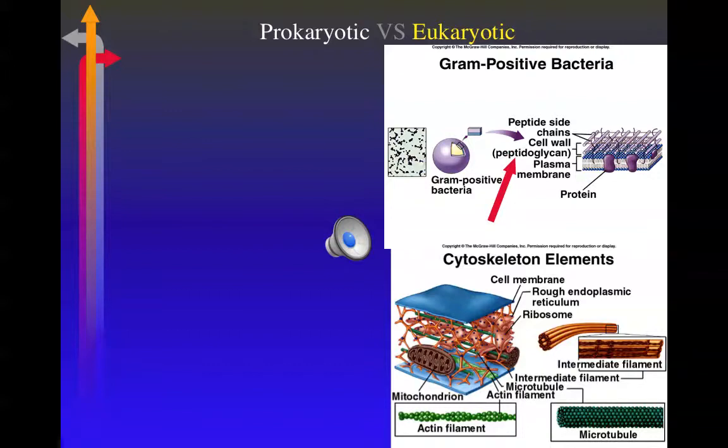If we take a look at the cell wall material, again, just as a reminder, the cell wall material of a prokaryote is either peptidoglycan or pseudopeptidoglycan. The cell wall material of a plant would probably be cellulose. A fungi, it would be chitin. And chitin, by the way, is simply, if you've ever stepped on a bug, that crunchy stuff that's used for insects to make their hard outer exoskeleton. So that same kind of sturdy material that insects use for their exoskeleton, fungi can use as part of their cell wall or outer covering.